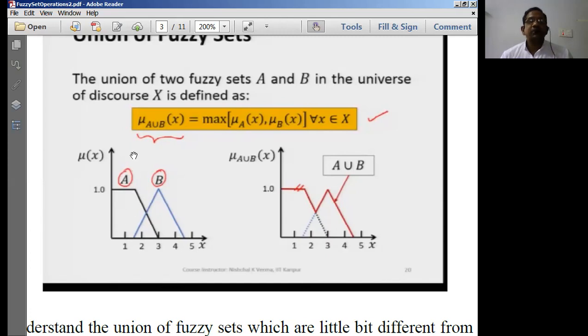Now when you join these two, A is the maximum up to here, so whatever A has will come over here. Up to this intersection point, after 2, A is the maximum in this range. Then at this point, the value is the same. After this point, B becomes the maximum and A becomes the minimum. So we consider only the maximum value. Therefore, the maximum value will be considered in A union B.